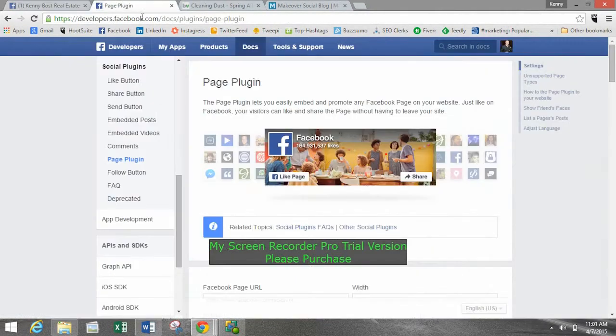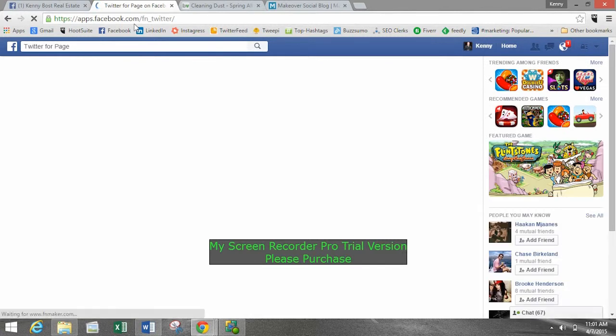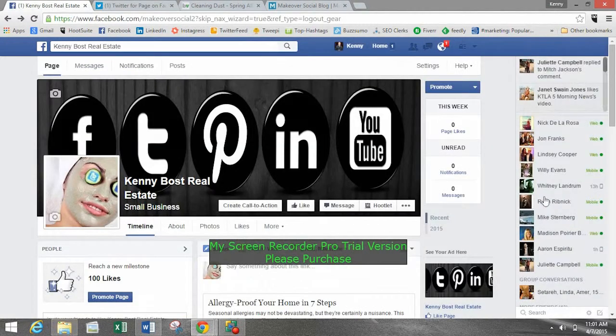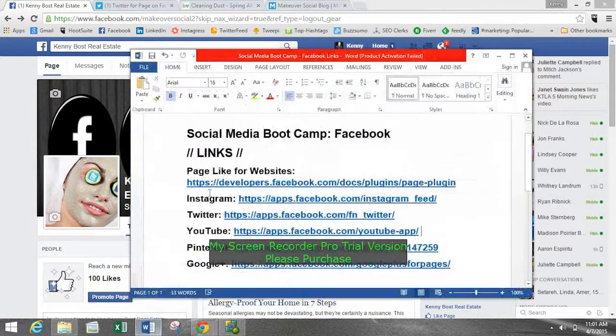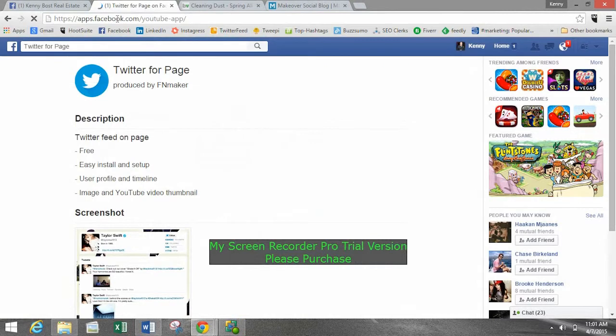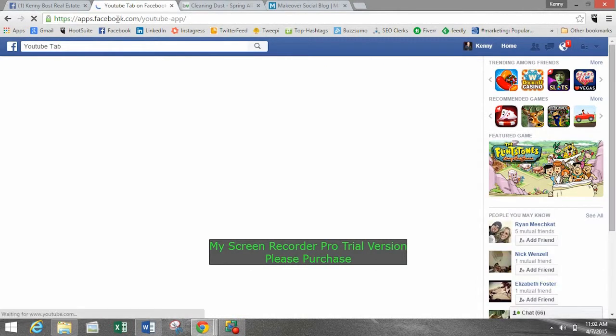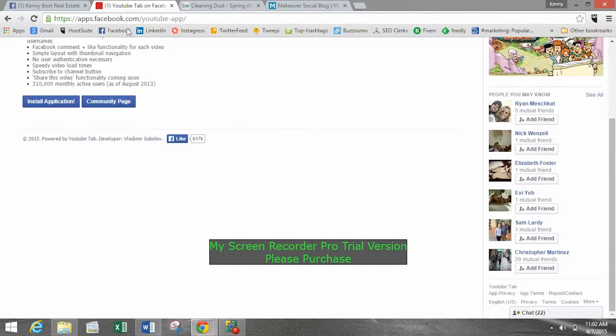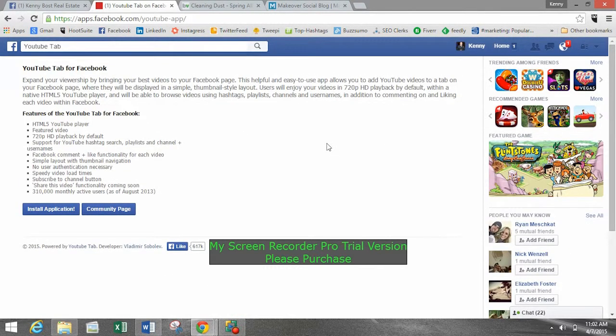But we're just going to go up to the URL and paste that URL. As long as you're logged into your Facebook, paste that URL into any of the tabs open. Okay. Oh, this is Twitter. Let me go back and grab the YouTube one. See, YouTube. Copy. Okay. That may have been where it got a little bit confusing. I was just grabbing those links and plugging them in. I wasn't clicking on anything to get to this page. I was strictly grabbing that link that I gave you guys and plugging it in here. I'm just trying to make it as easy for you as possible.